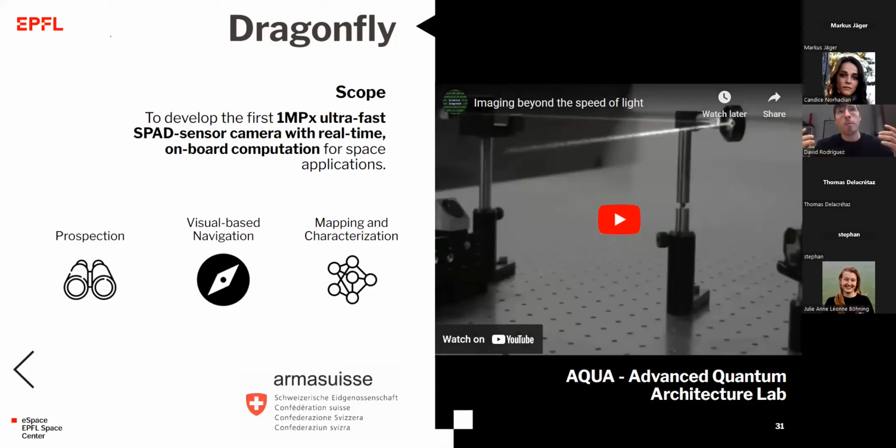Coming back to identifying those gaps in the roadmaps and trying to see what expertise we have here at EPFL and what can be done, this is a clear example of that. This camera was used for many different applications, and we started to look at the possibility of implementing it in space. It has two main applications that we're looking into. One is prospection, and the other one is